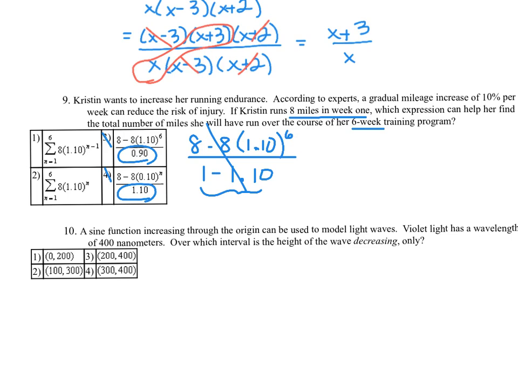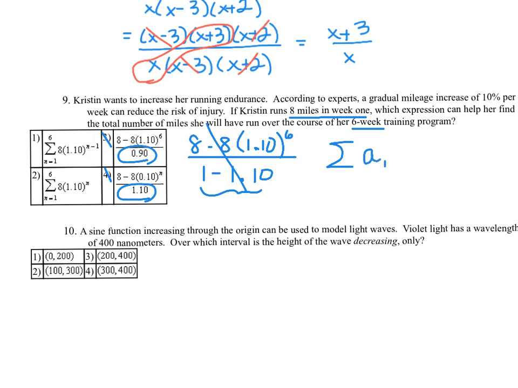Now, if you recall, if we're going to use the summation formula, obviously it's over a 6-week period of time. So if you look at both answer choices, we're starting at time 1 and going up to 6. So that doesn't help us eliminate. Really, the exponent is what we have to figure out. Is it going to be an exponent of n minus 1, or an exponent of n? If you recall, when we're using the summation symbol, we always want to use the explicit formula. And since this is a geometric series, the explicit formula